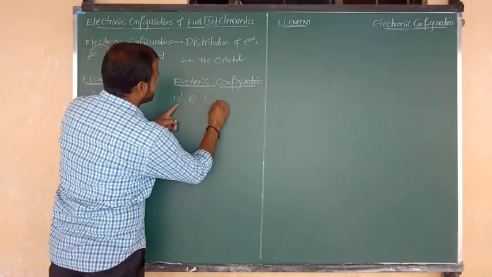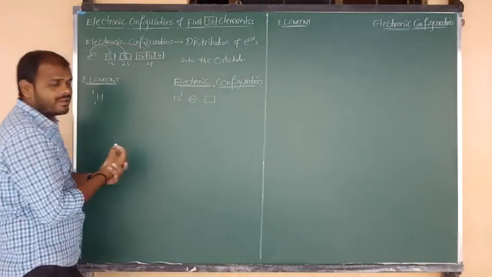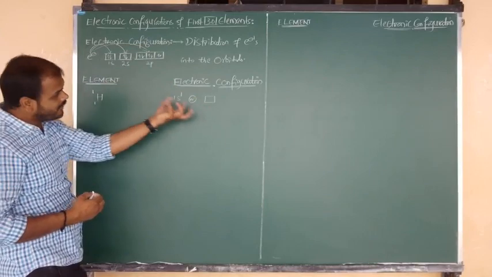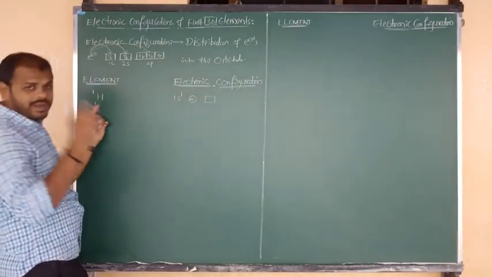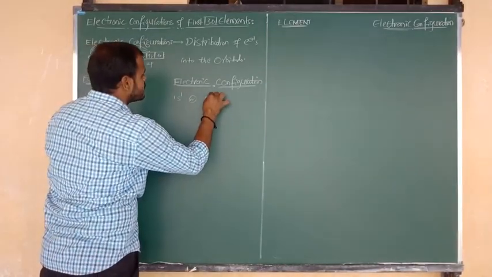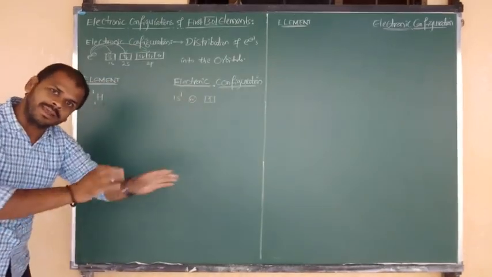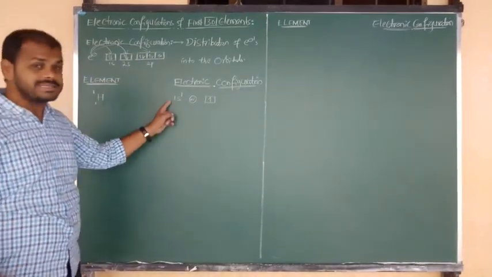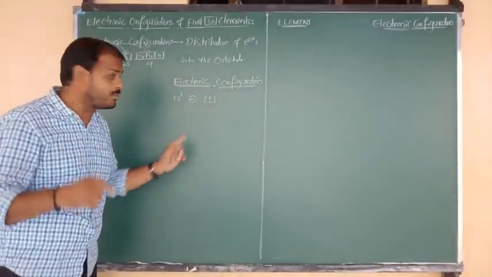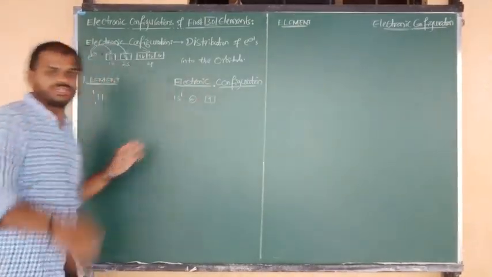1s means it contains only one orbital. That one orbital is filled by the one electron of hydrogen. Like that, we can also show it in the orbital diagram. Both are nothing but electronic configurations. One is the nLx notation, and one more is the orbital diagram notation.